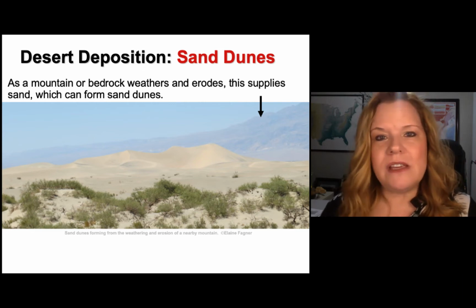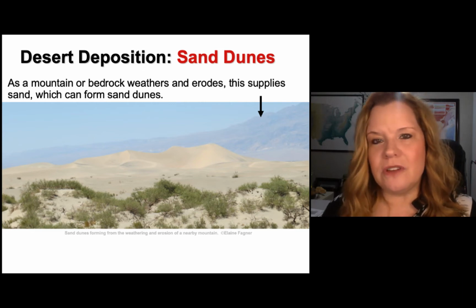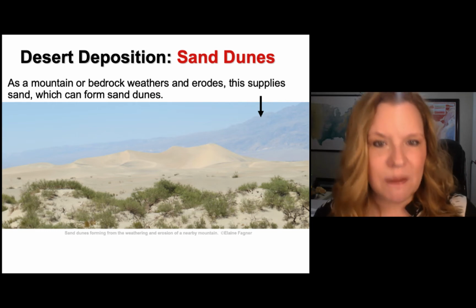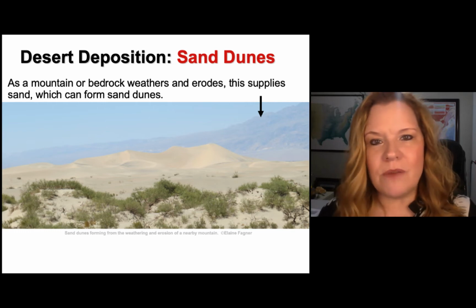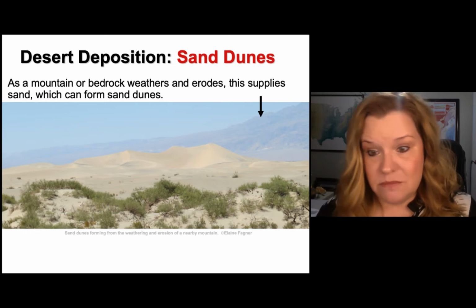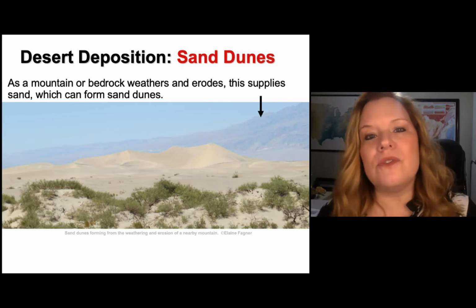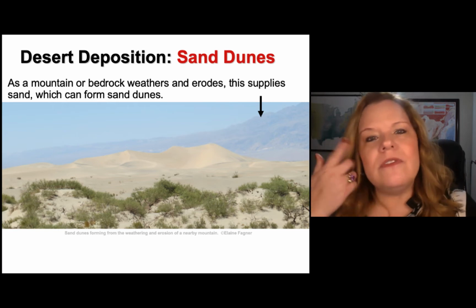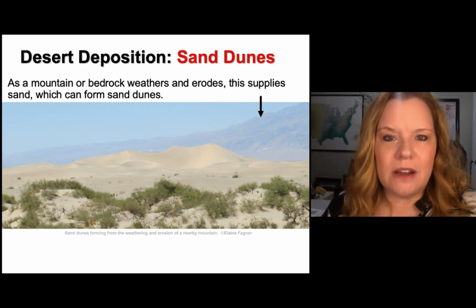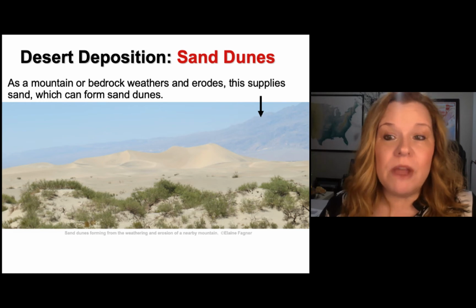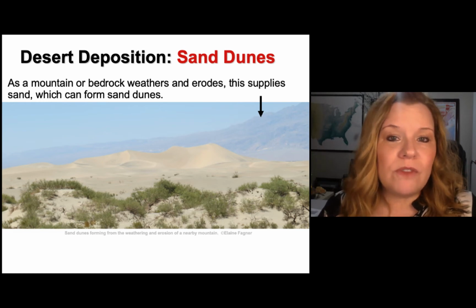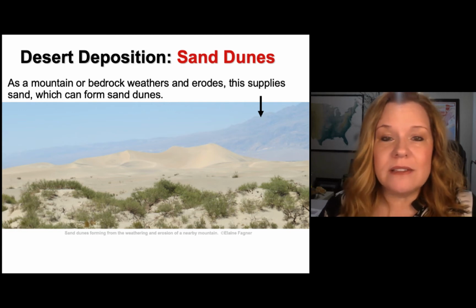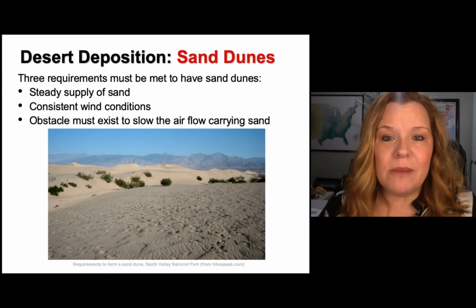So whenever you see sand dunes, it didn't just like fall from the sky. It had to come from the weathering of something. There has to be a source of rock that gets munched up like this and then drops into a common location. So that's one of the main takeaways of sand dunes, is understanding the source of material. So the bigger the mountain and the more erosive the forces in the desert, the larger your sand dunes are going to be. The smaller that is, the smaller the sand dunes typically are going to be.